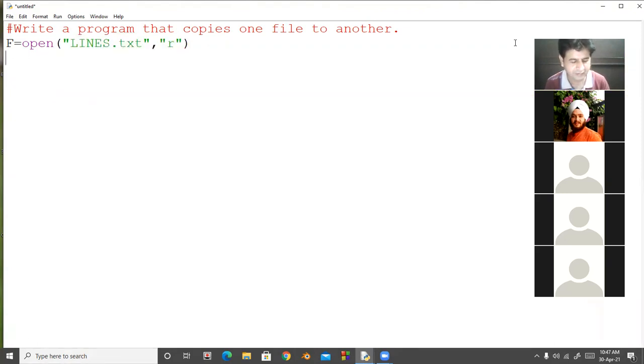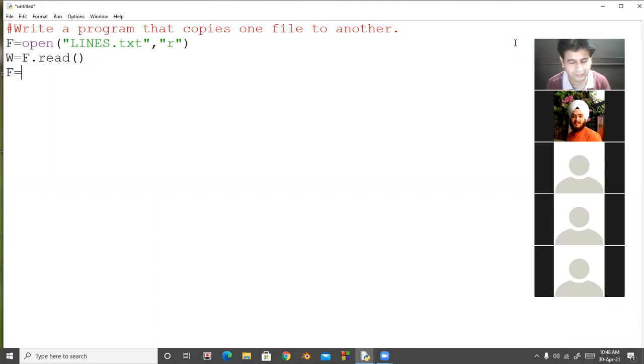Then we will read the data, f.read, complete data from top to bottom, and after that we will write the data in another file.